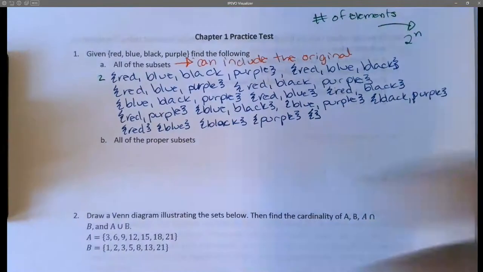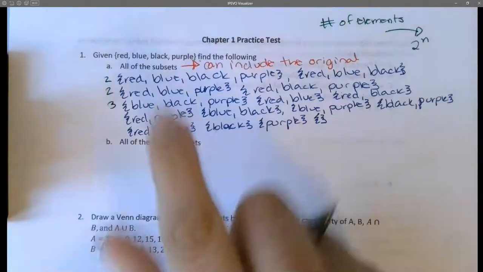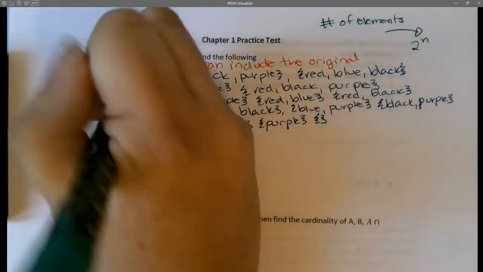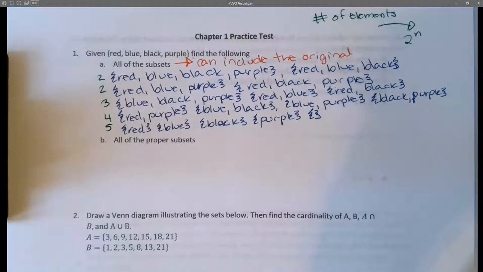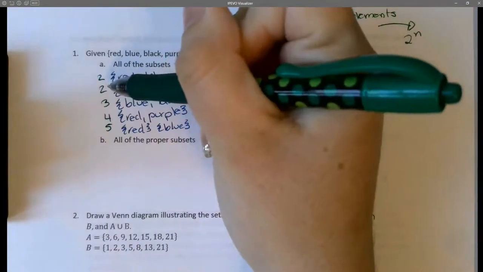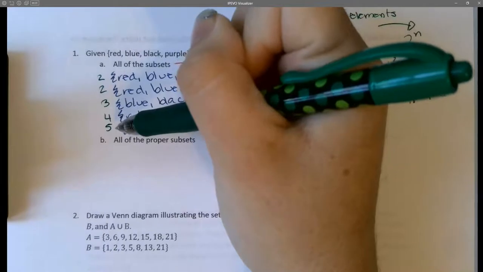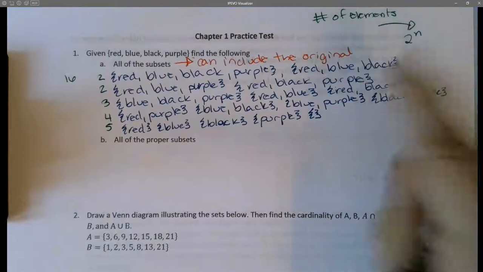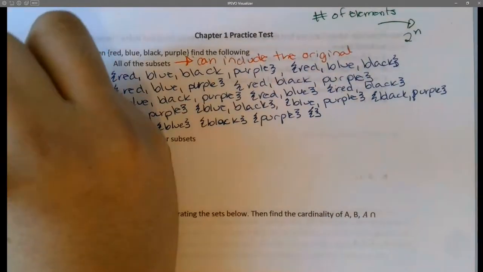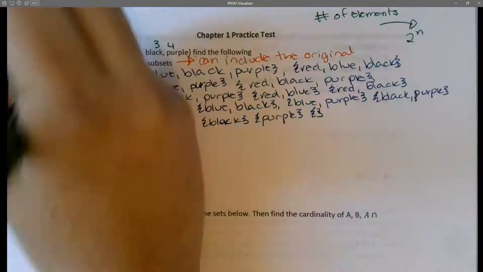So I have 2 in the first row. I have 1, 2 in the second row. I have 1, 2, 3 in the third row. 1, 2, 3, 4. 1, 2, 3, 4, 5. So if I add all of those up together, 2 plus 2 is 4, plus 3 is 7, plus 4 is 11, plus 5 is 16. I have 16 total sets. So if I plug into this formula, it should give me 16. I have 1, 2, 3, 4 elements. So I have 2 to the 4th